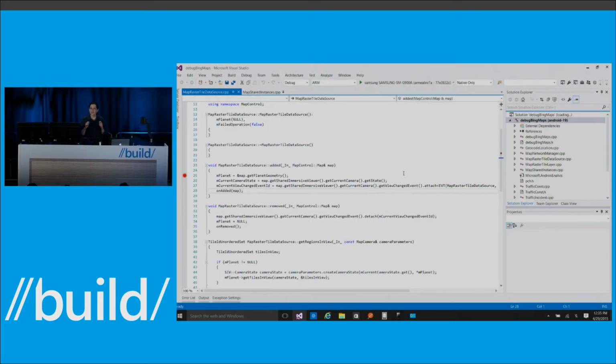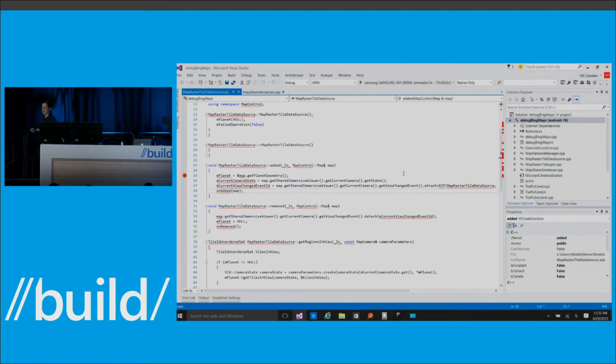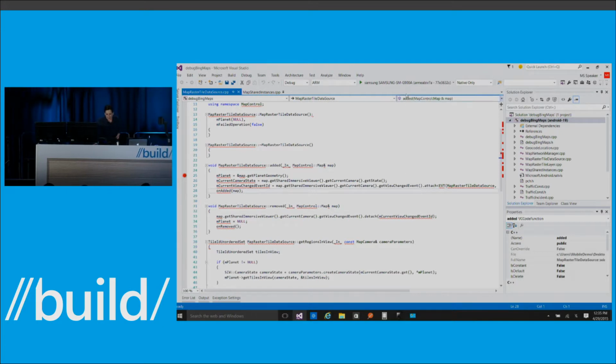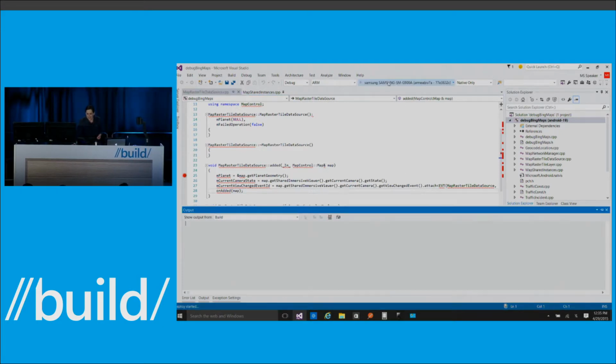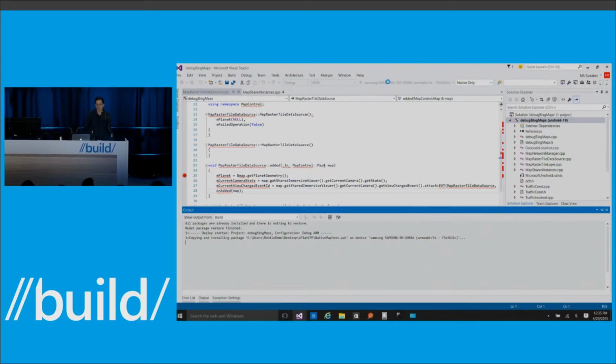So what we've done here is we've taken that application. We have not modified it. But what we have done is we've created a small wrapper, which is a Visual Studio project that is wrapped around that C++ project so that I can launch it and deploy it onto the device and actually attach the debugger. So if I go ahead and just press play, we can go ahead and deploy it to the device. And what this is going to do is it's just a tester for the map control itself.